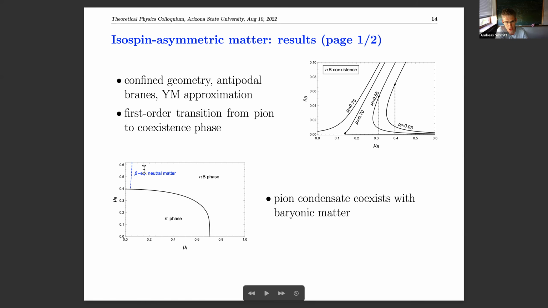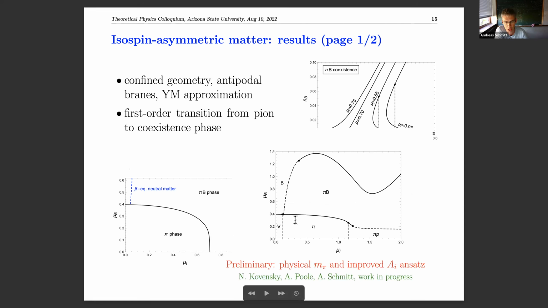Now, one obvious artifact is that in the case of vanishing pion mass, let's say it like this, in the real world, there shouldn't be a pion condensed phase at arbitrarily small mu I, because that should only start if mu I is larger than the pion mass. So in that sense, this is an artifact. And that's exactly what we are working on right now. So let me show this as a preliminary result. I won't go into any of these features, which are quite interesting. We are still trying to understand and interpret this.